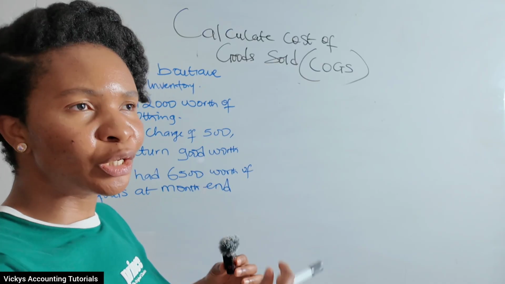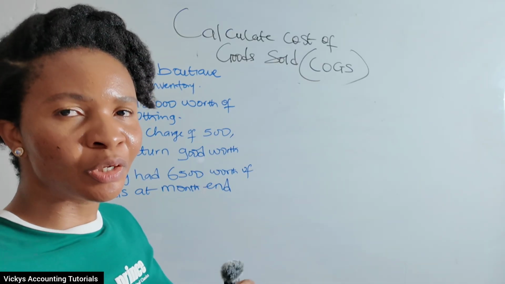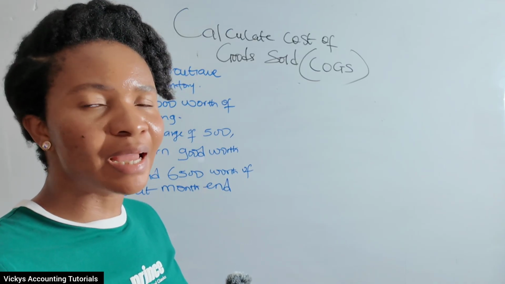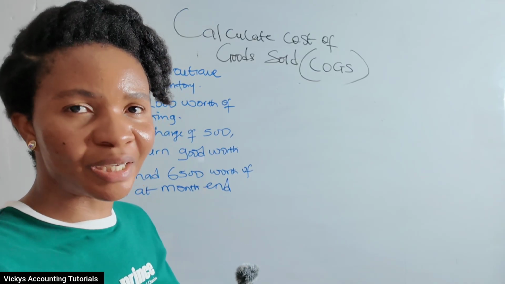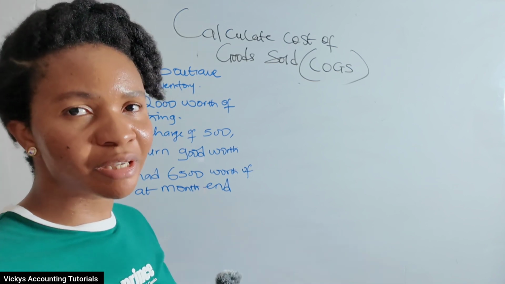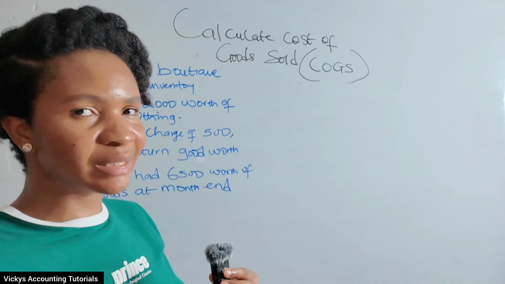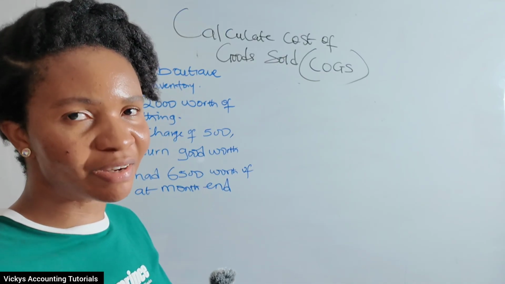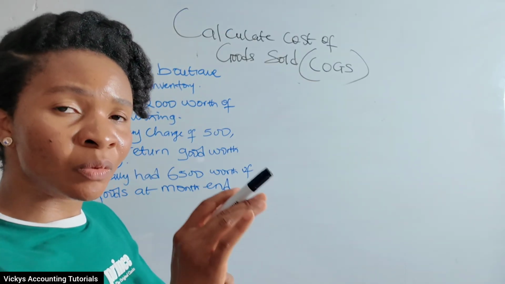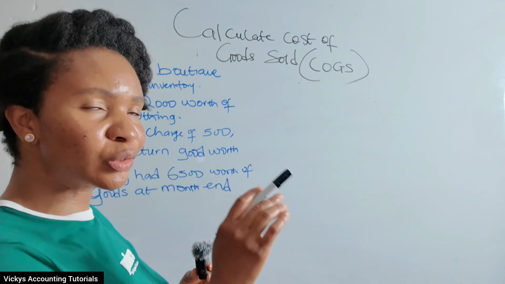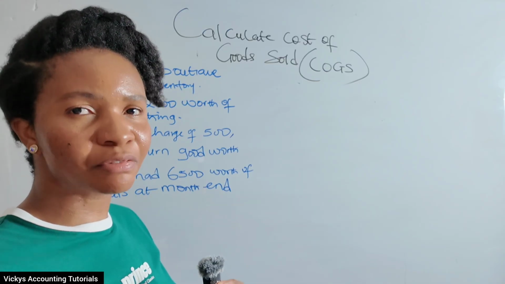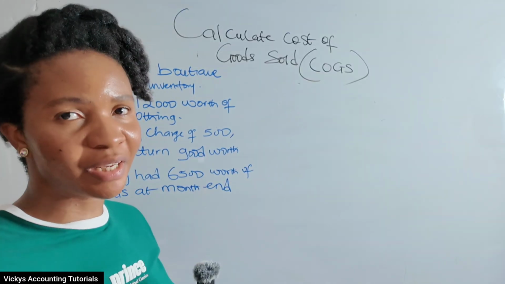When you started a business, you have your inventories. You had your inventory delivered to your store or your office, and you've made a series of inventory purchases here and there. Because at the end of the day, the amount of inventory that you started with at the beginning of the month is definitely not the amount of inventory you will have at the end of the month, because you've sold some of it, right? We understand what is the cost of those goods that we sold to our customers. And once you understand this, you will now have an understanding of what your profit is,